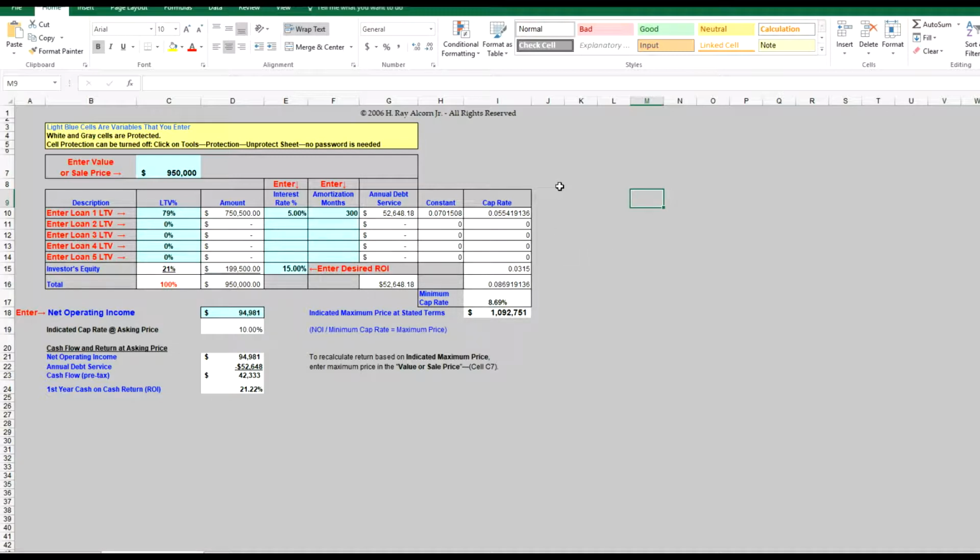And then the final part of this that I really like is if you're looking for a 15% return on investment, and your investment is $199,500. Now that doesn't take into account any capital expenditures that you may have to put into the property right away. So that's a little bit of a shortcoming, but not much. So anyway, if you're looking for a 15% return on investment, and you can change that number to whatever you want, what you can pay for the property, the maximum price that you can pay for the property, is you